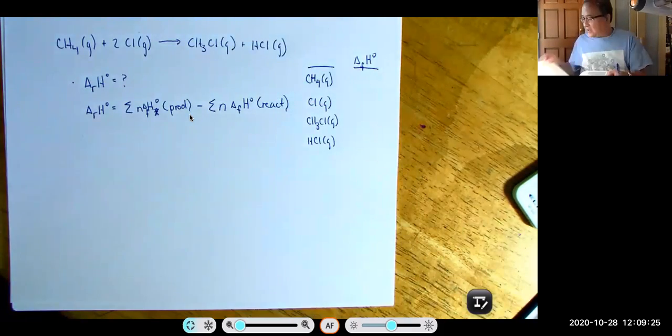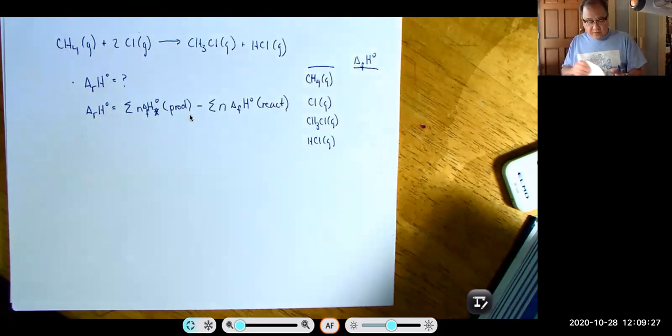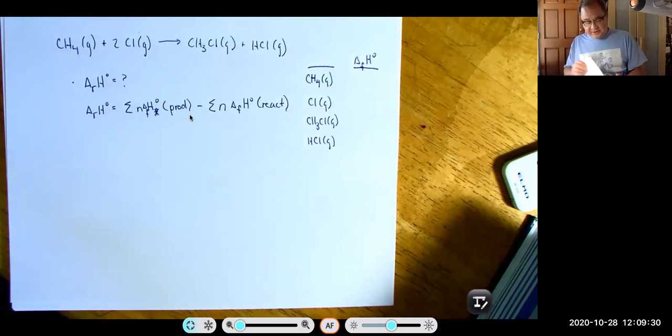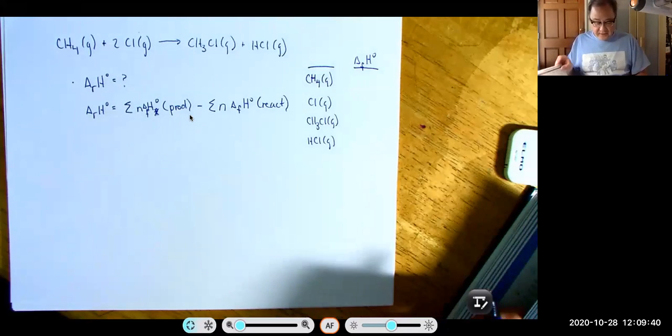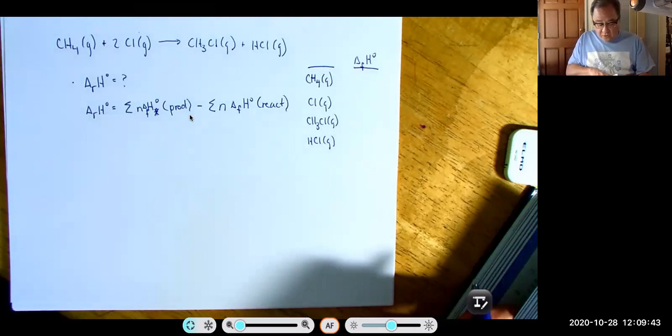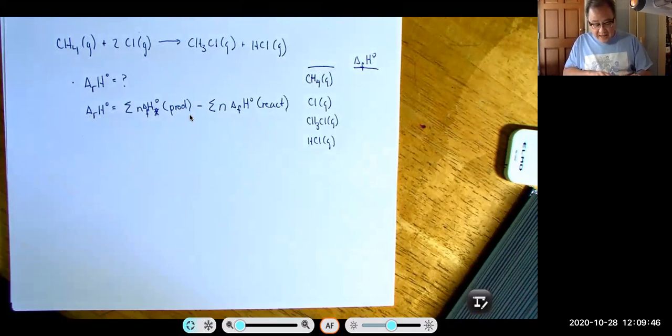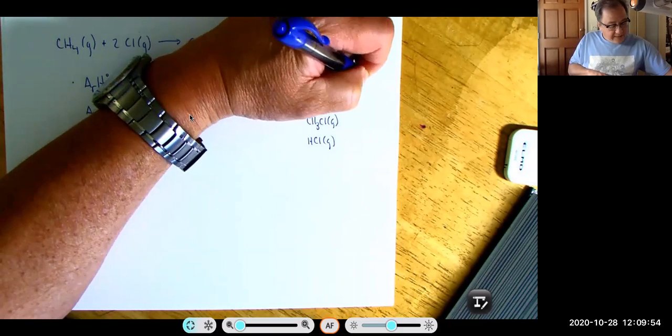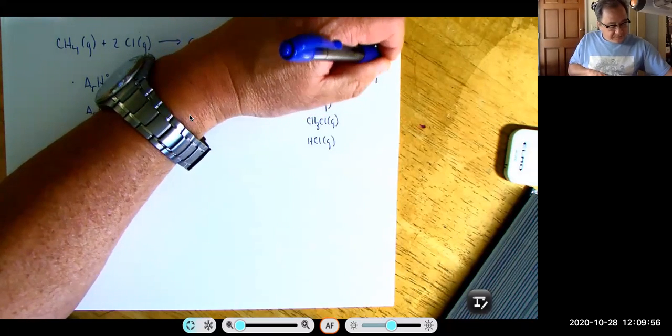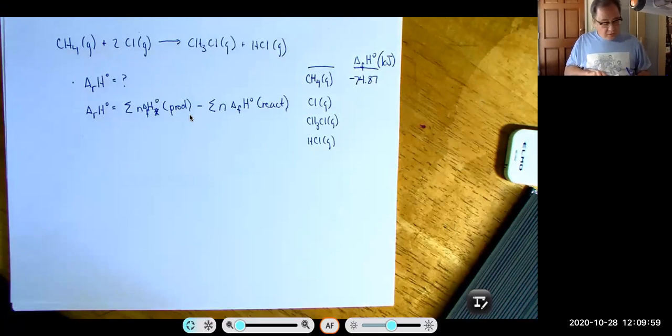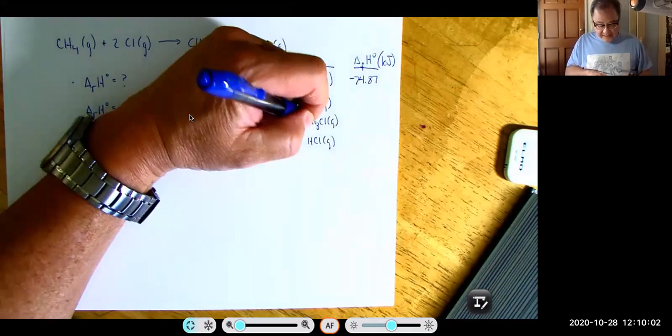So I'm going to look these up in the back of the book real quick. I'm not going to show you where they are in the index. I'm just going to look them up. If you want, you can look them up also and make sure I'm not writing down something that's incorrect. So for CH4, we have negative 74.87 kilojoules. For CH3Cl,